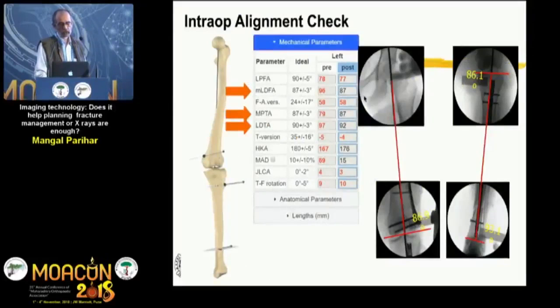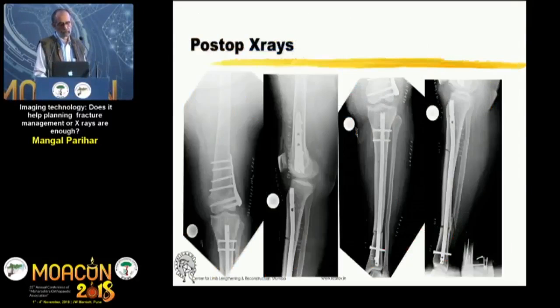And intraoperatively, we use various methods to again check that the alignment is okay. This is an alignment rod going from the center of the head to the center of the knee. And the software said 87 degrees, and we've got 86.9. The MPTA was 87, we've got 86.1. LDTA, it said 92, we've got 93. 1 degree is even possibly an error of measurement. So that's her post-operative